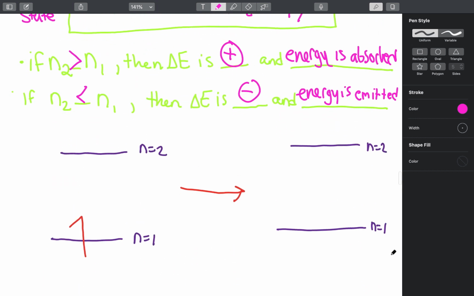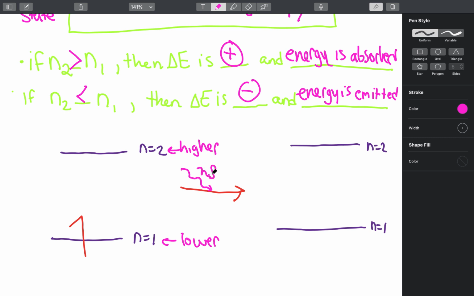So the first thing we're going to look at is an absorption. So what if I want to take this electron, so this symbolizes an electron, and move it from the N1 level to the N2 level. This energy level is lower than the N2 level. So in order to go from a lower energy level to a higher energy level, what I need to do is absorb a certain amount of energy, and this energy can actually be carried by